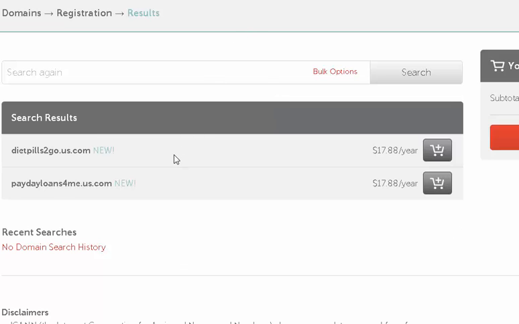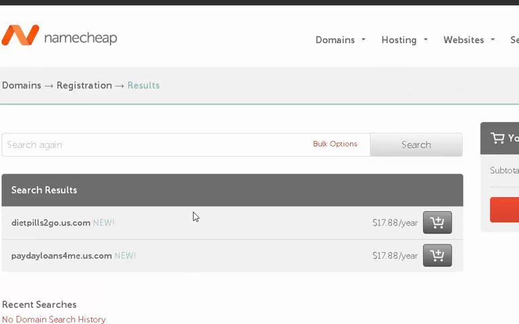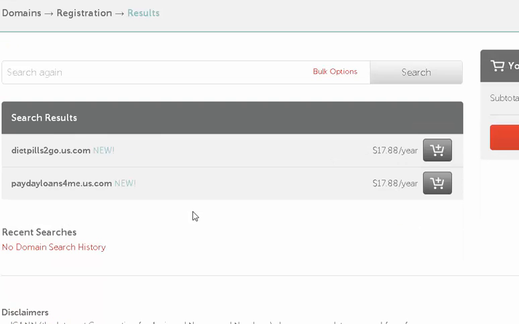Okay, we are here on the Namecheap interface, as you can see. And how you register these domains, it's very, very simple. It's just like registering any other type of domain. You can see I used an example here, dietpillstogo.us.com,